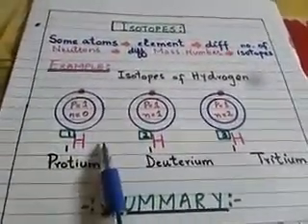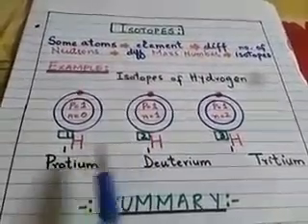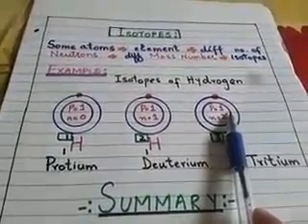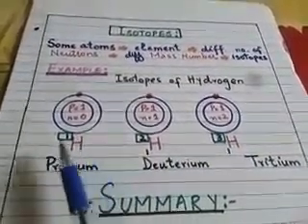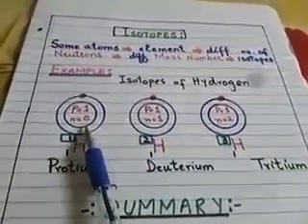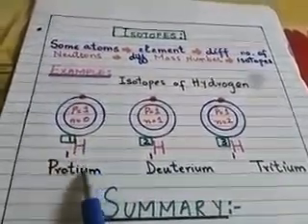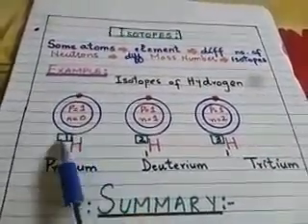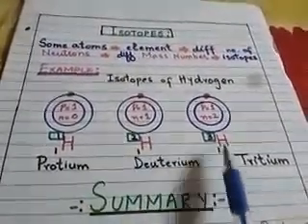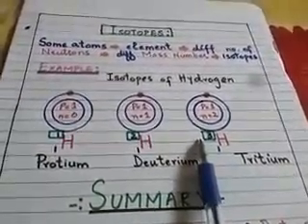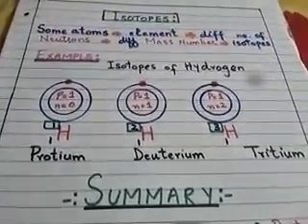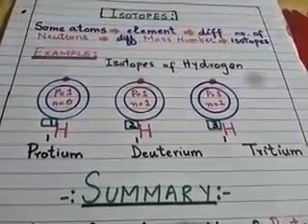By looking at their atomic structure, we can say that all of these have the same atomic number, as they all have 1 proton in their nucleus. But they have different mass number. Protium has 1, deuterium has 2, and tritium has 3. The reason is that they have different number of neutrons in their nucleus. For example, protium has no neutron and 1 plus 0 comes up to 1. Deuterium has 1 neutron which makes its atomic mass 2, and tritium has 2 neutrons which makes its atomic mass 3. So these are the 3 isotopes of hydrogen. Each of them has the same atomic number but different mass number.